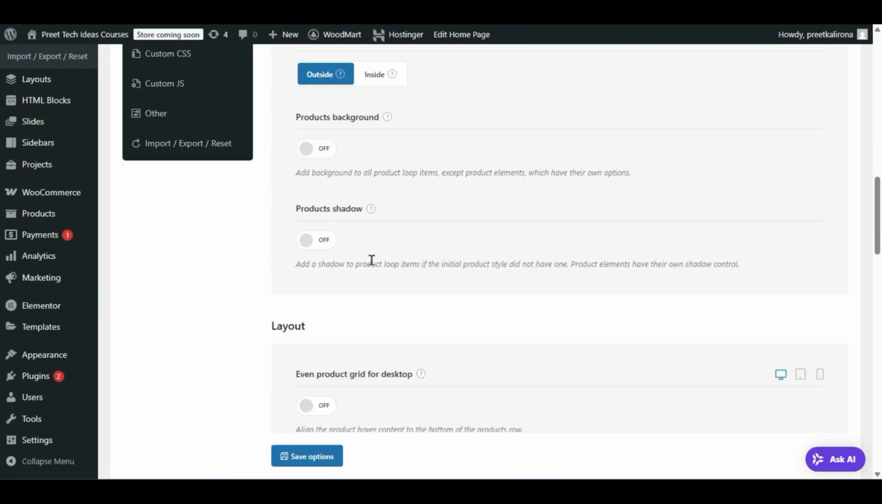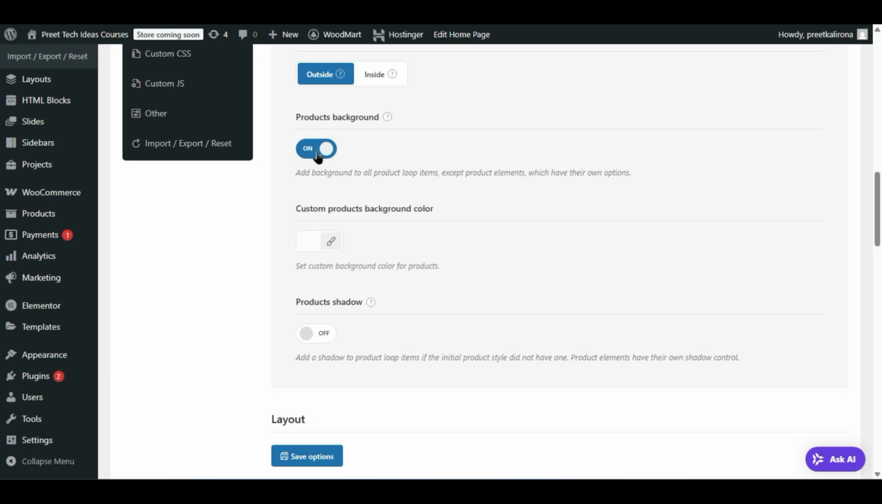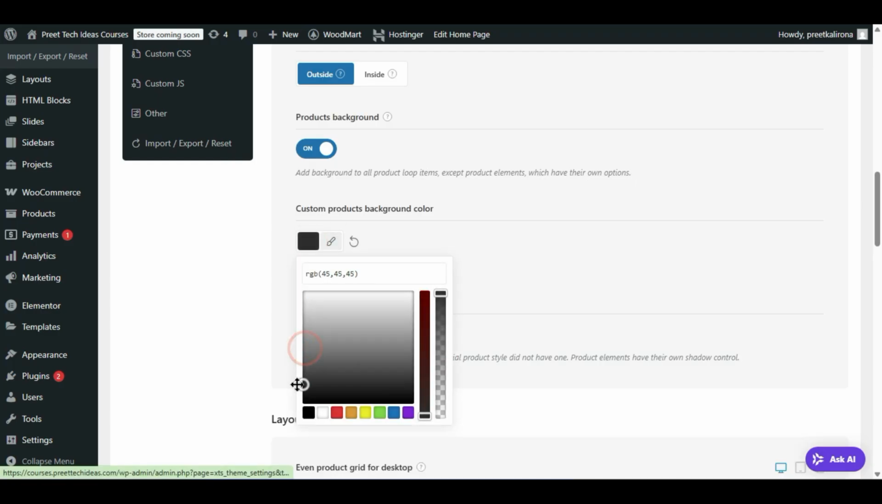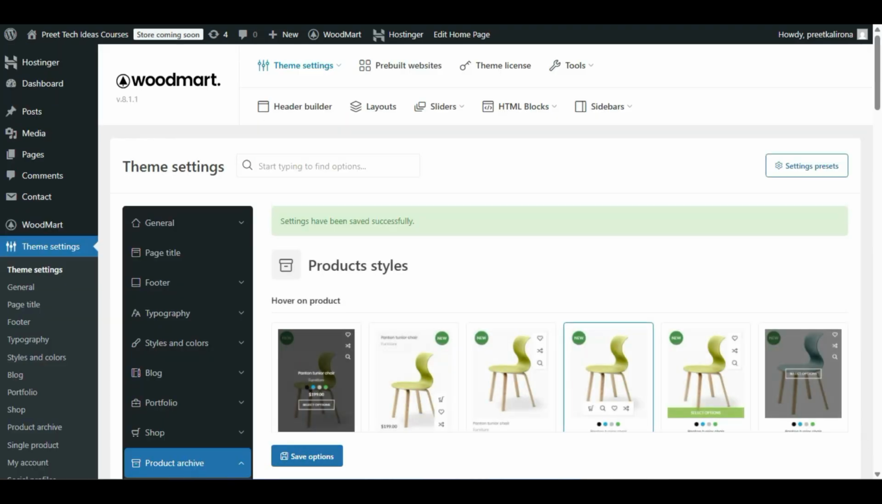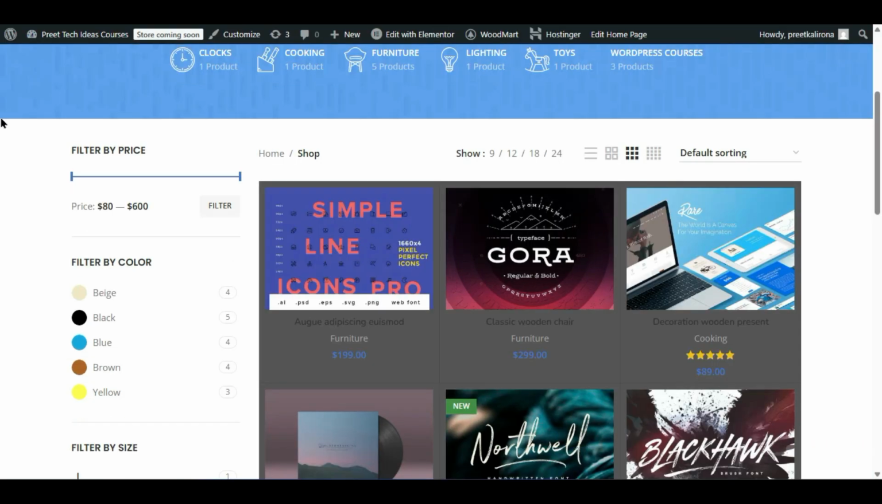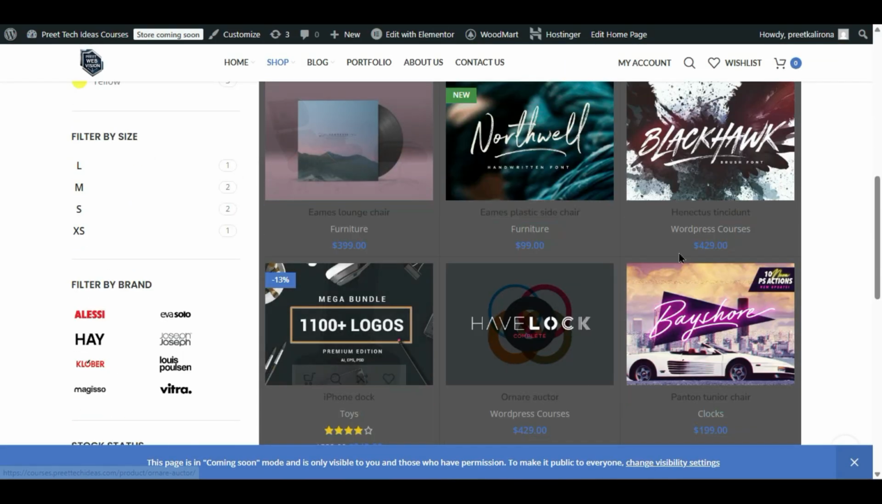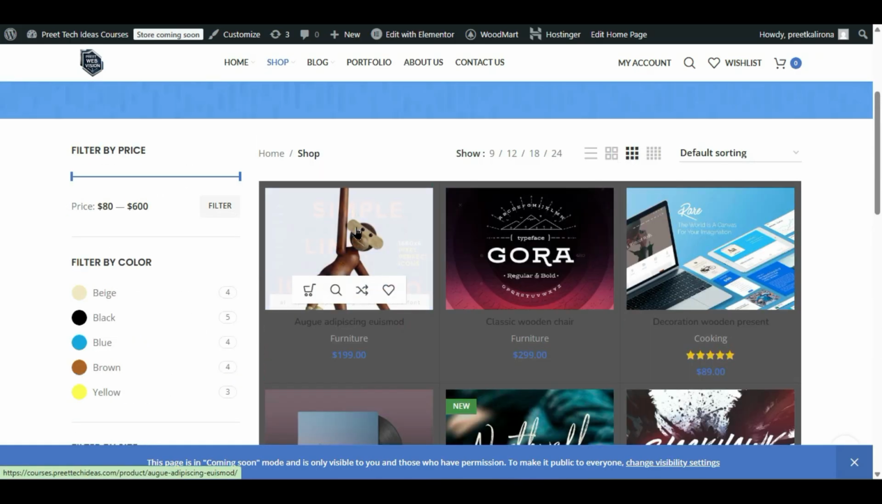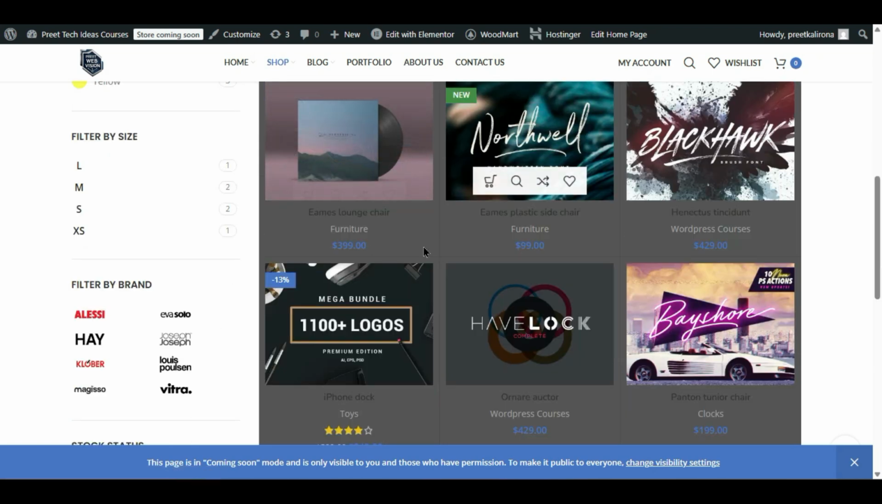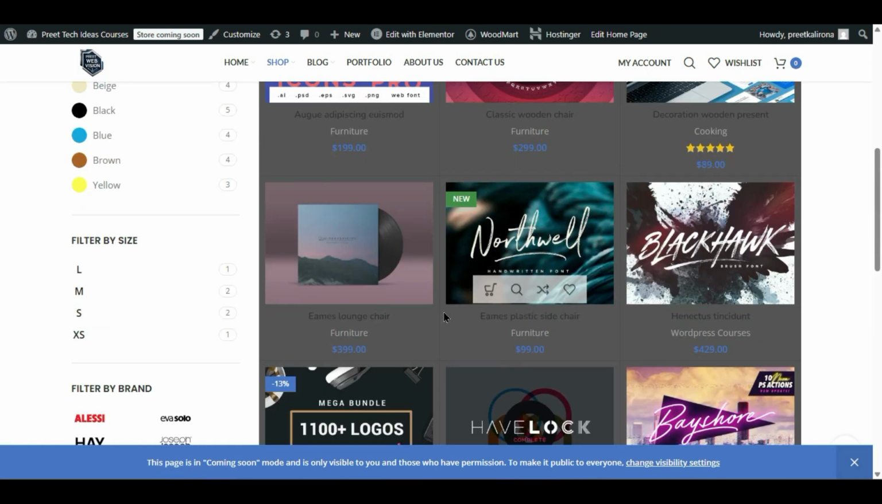And next we have here product background. If you want to enable product background, it adds background to all product loop items except product elements, which have their own options. So let me select a little dark color here and save the option to see how it will work. So let's refresh. This is how it will work. This will add background color. If you like this one, or if you want to go with a little gray or red color or any light color, or I will recommend